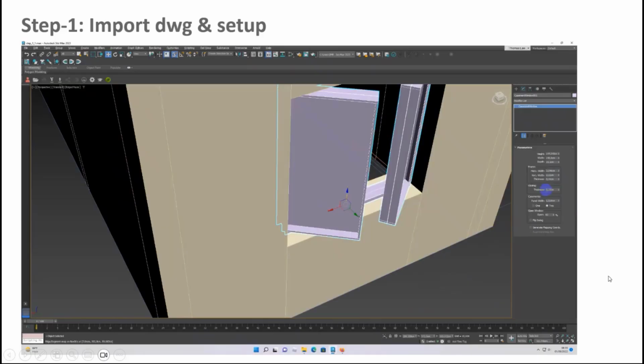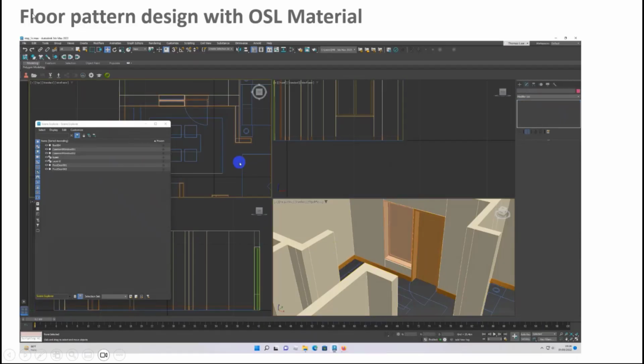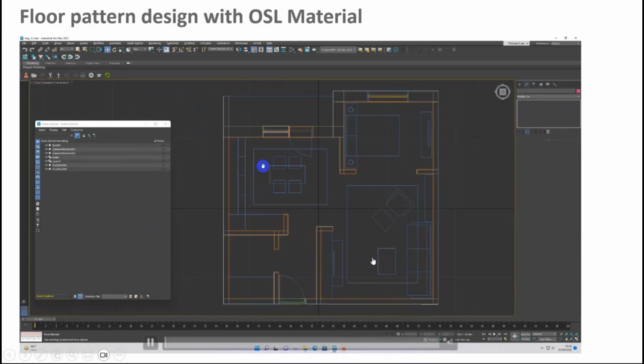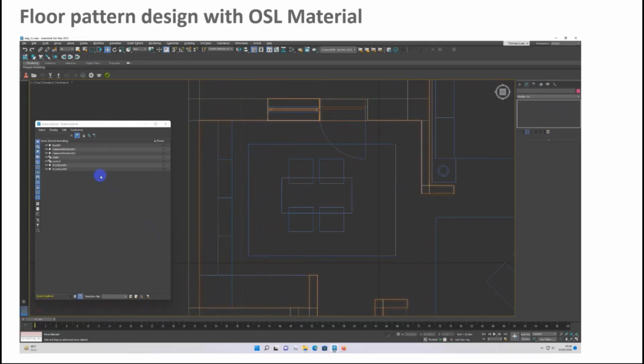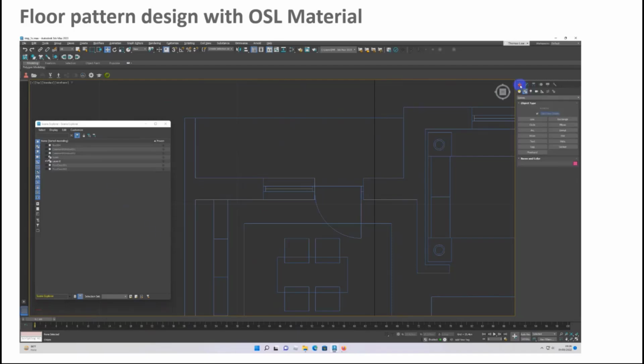Okay, so after you complete all the things inside your model, you plan to create a floor pattern. I think if you have used 3ds Max before, you will know about Floor Generator. When I ask everybody what 3D application they use, everybody says Floor Generator, but Floor Generator you need to pay for. They provide two versions, one is paid. The paid one is more complete, but the free version is limited. But right now you can create the floor pattern inside 3ds Max.